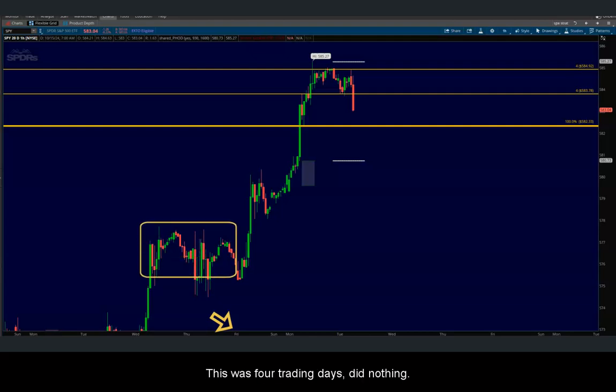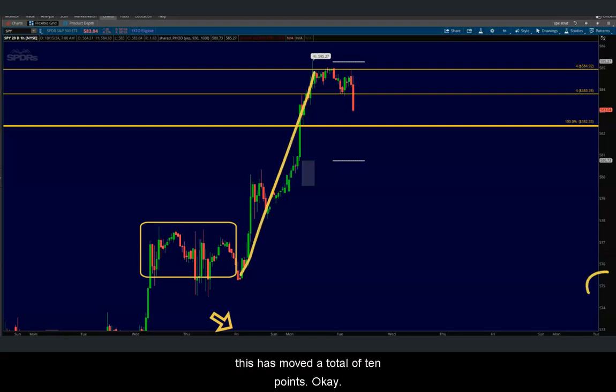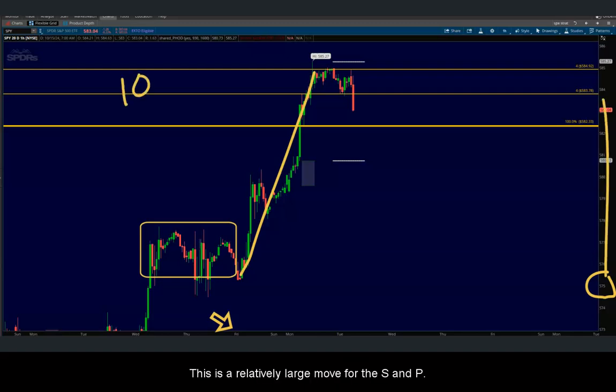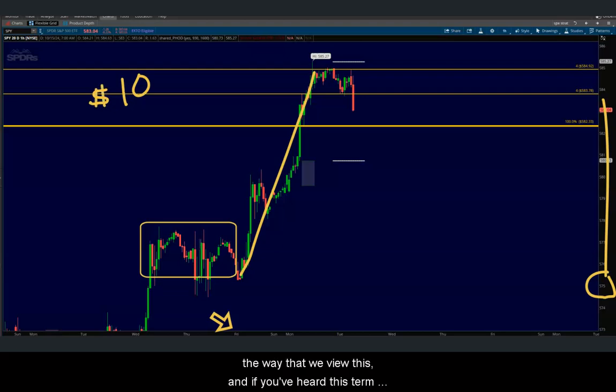Okay, this was 4 trading days, did nothing. So really in 3 trading days, this has moved a total of 10 points. Okay, this is a relatively large move for the S&P. So contextually, the way that we view this, and if you've heard this term in books where they talk